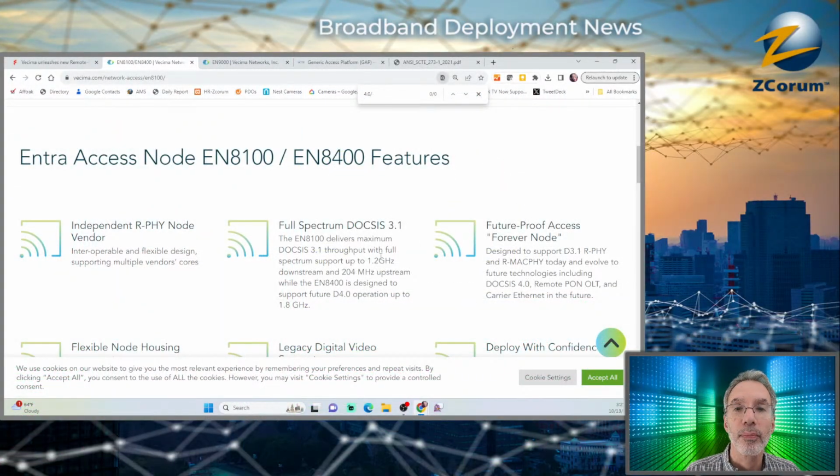EN8100 delivers maximum DOCSIS 3.1 throughput with full spectrum support up to 1.2 gig downstream and 204 megahertz upstream, while the EN8400 is designed to support future DOCSIS 4.0 operation up to 1.8 gig. So you see the EN8400, that's the one we're talking about in the article that's going to be supporting